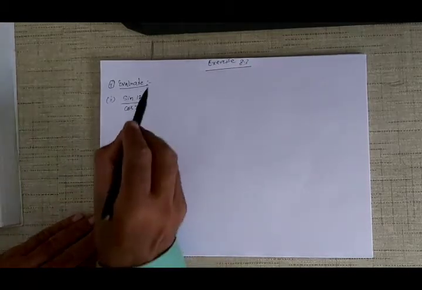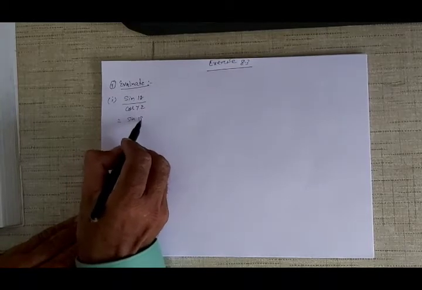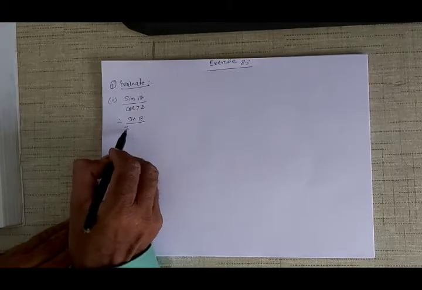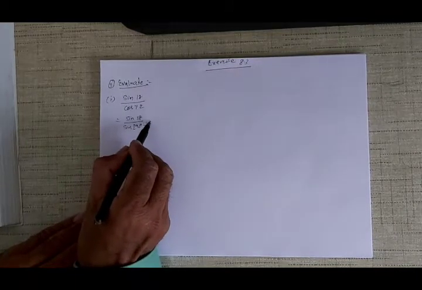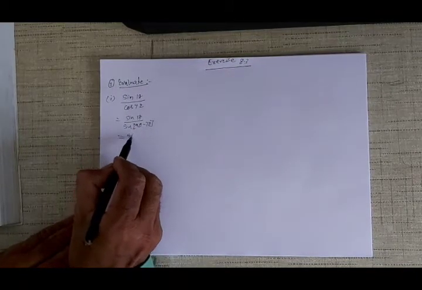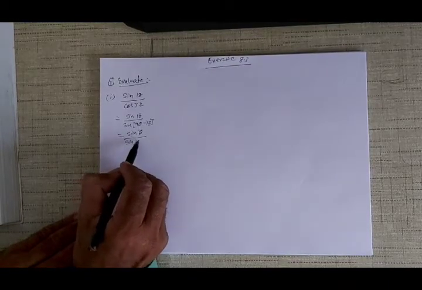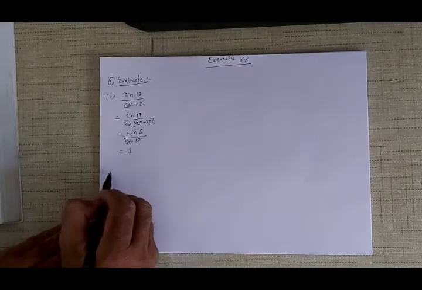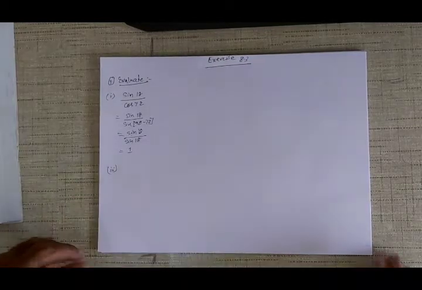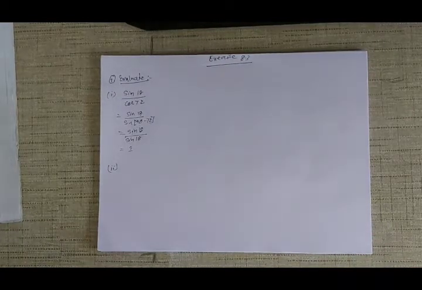As I said, don't change both, I am going to change only one. I keep sin as it is. I am changing cos. Cos can be changed into sin(90 minus 72). So that is sin 18 upon sin 18, and that is equal to 1. Alright, so you can see very easy problems. These are not difficult at all. You will find it quite easy once you get started with this.